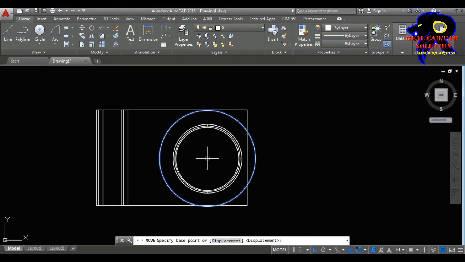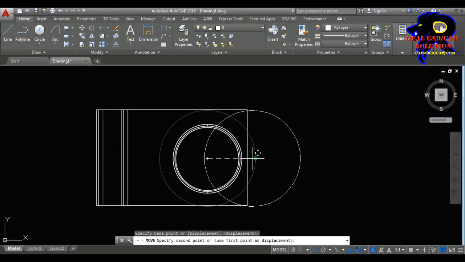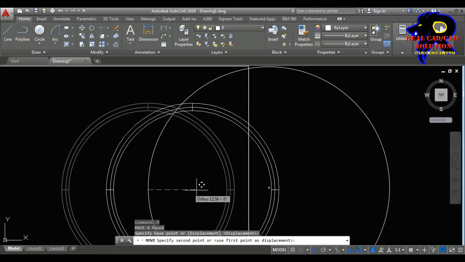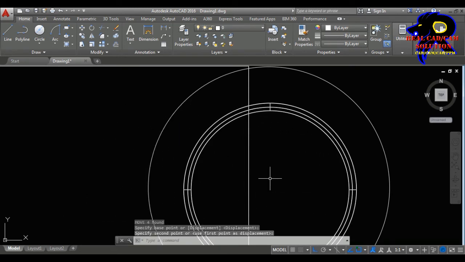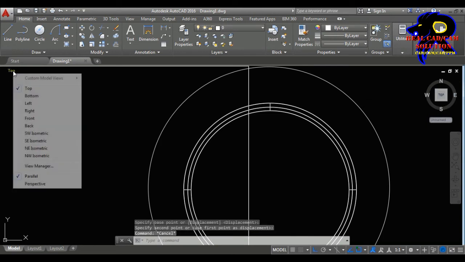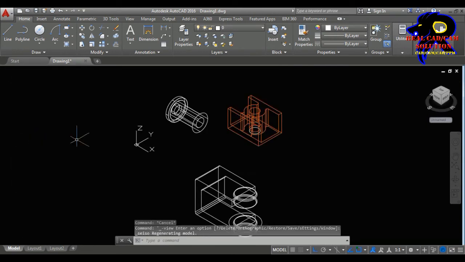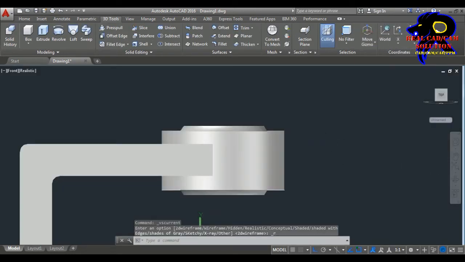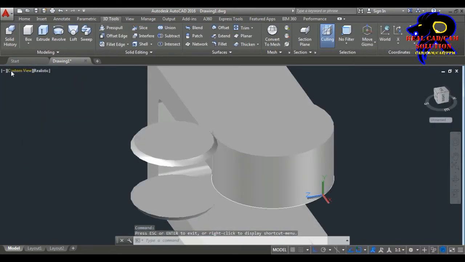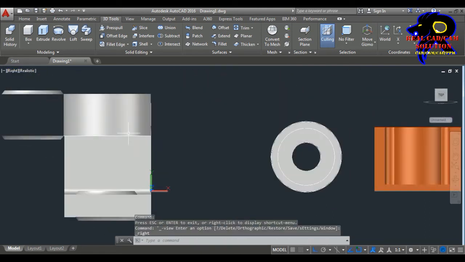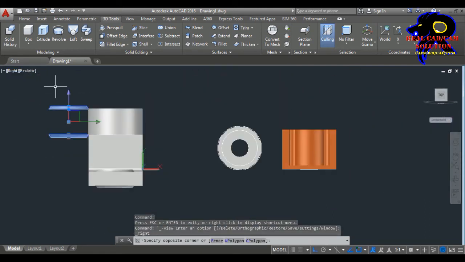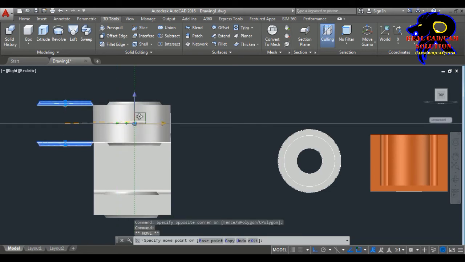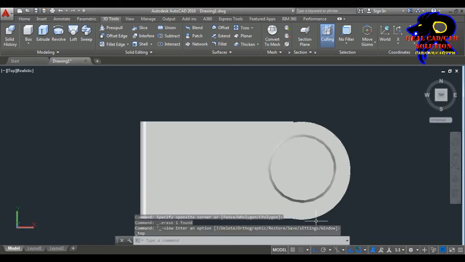Go to move like a center point like this. Okay, it's just moved, and go to draw like this. Move towards like this. Okay, it's really convenient. Go to southeast and go to extrude the same way. It's almost completed. I choose to extrude like this and go to move towards the welded section. Just click towards both sections and go to the center towards the area. Yeah, it's really nice.